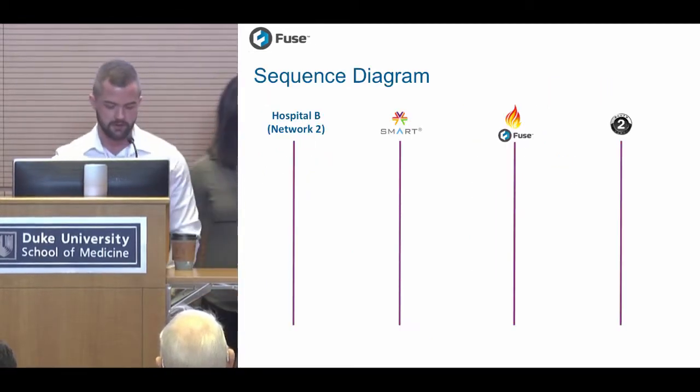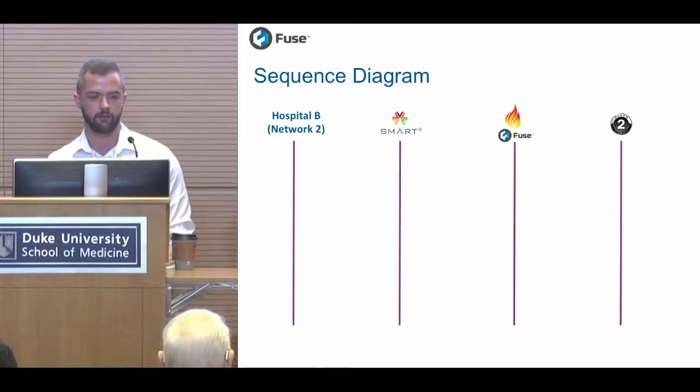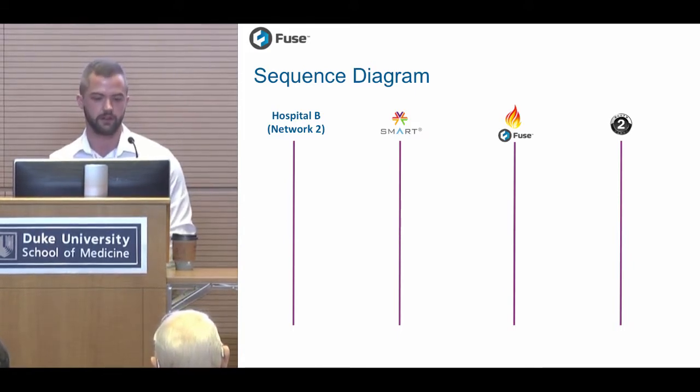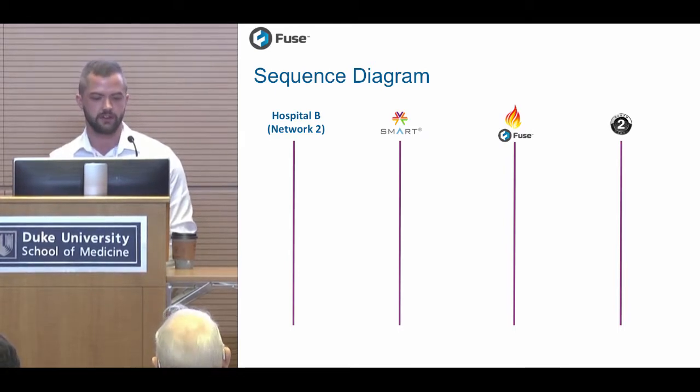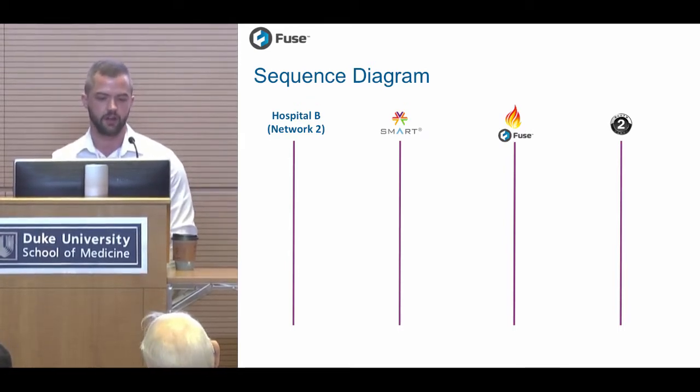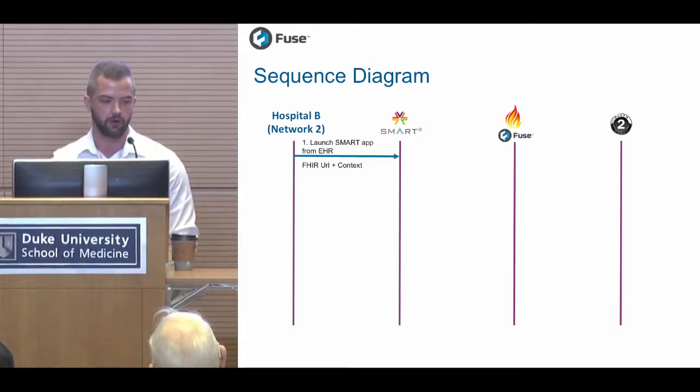So quickly, to take you behind the scenes of what's actually happening, I'll take this pretty high level. In this example, you have Hospital B. John patient's data is accessed and launched. It's a single patient app, so John's already loaded via the EHR. At this point, both a patient and user identity token, or user identifier, are passed via a single token into the Health Summary Viewer. And then once the Health Summary Viewer is loaded via the iframe or the frame of